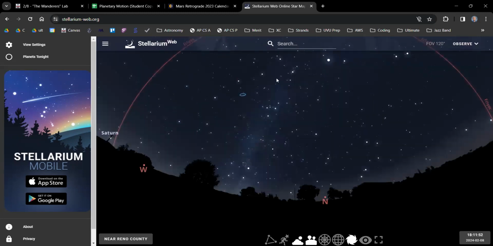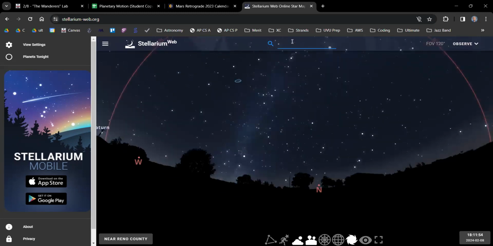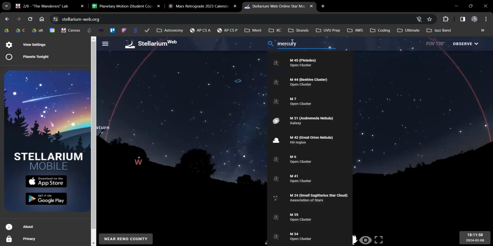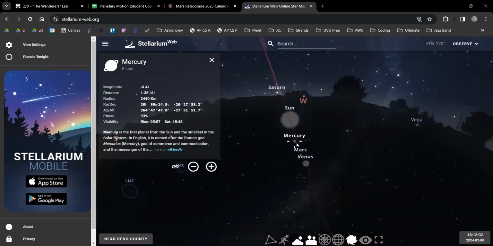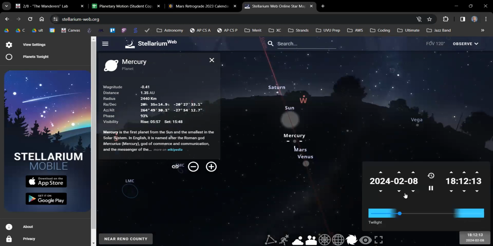And then you're going to want to search for the planet that you're going to be tracking data for. I'm going to search for Mercury. And then we're going to want to be viewing this planet at a consistent time. That way we can compare each day, or each 15 days in our case, where the planet is compared to where it was before. So to change the time, click on the bottom right, hit the pause button, and then